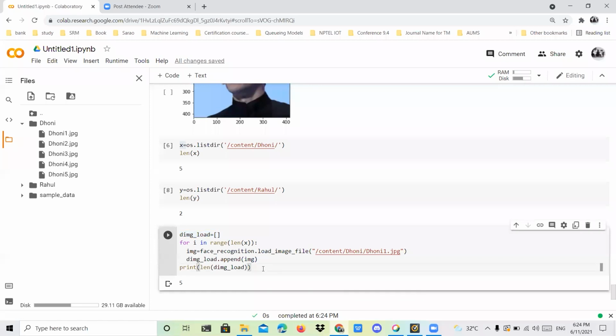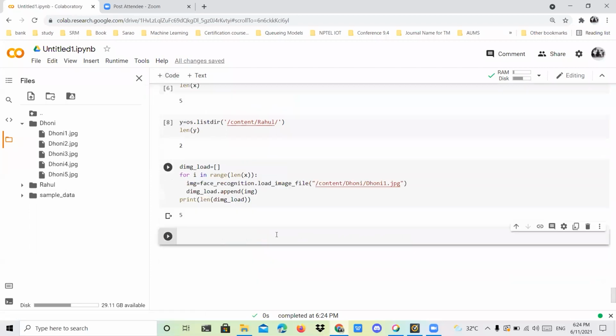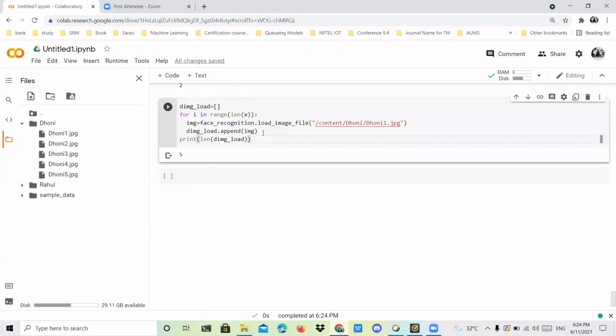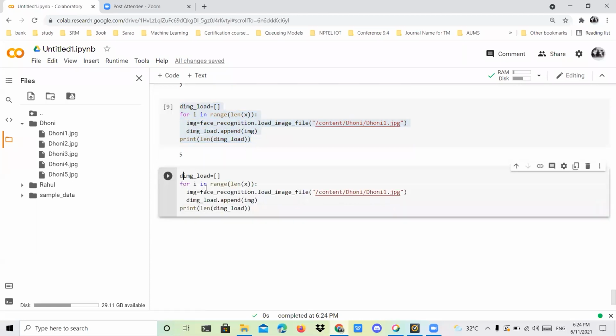Like that, I want to create one more array for the Rahul folder also. The same thing, right? So I'm going to copy this same thing because all are the same syntax. Here you can change it to another array, R_image. This alone you have to change, right?